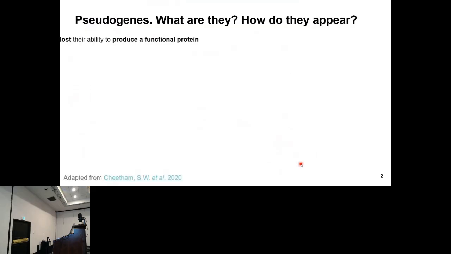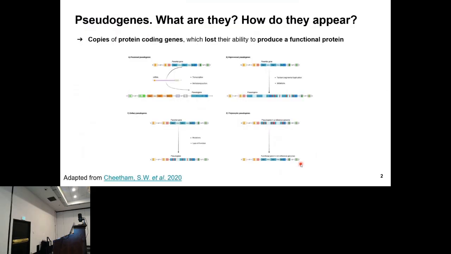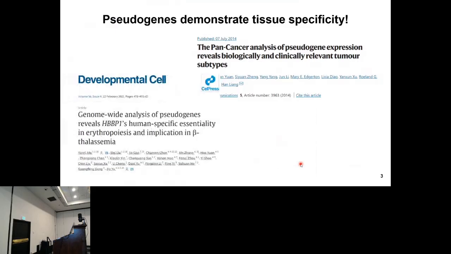In fact, they're just copies of protein coding genes, which may arise in different ways in our genomes, but their common characteristic is their loss of ability to produce a functional protein. Thus, in the literature, they sometimes are referred to as junk DNA. However, a growing body of evidence suggests that pseudogenes can actually be transcribed. Moreover, pseudogene expression can be specific to tissue subtypes. Like, for example, in this 2014 paper, the authors showed that pseudogene expression was specific to tumor subtypes in 7